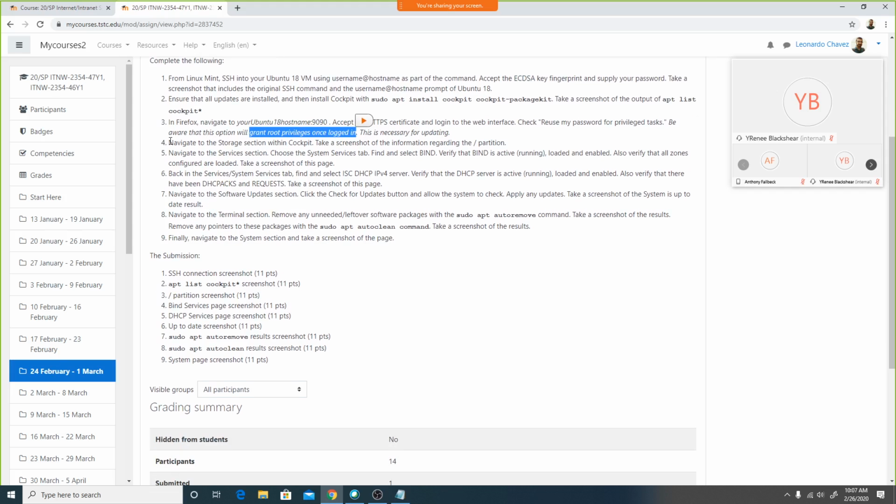Take snapshots, right? Then go to storage. And then give me the information regarding the root partition. And so at this point, you're just running around finding information. So you've pretty much done most of the lab at this point. You're really just